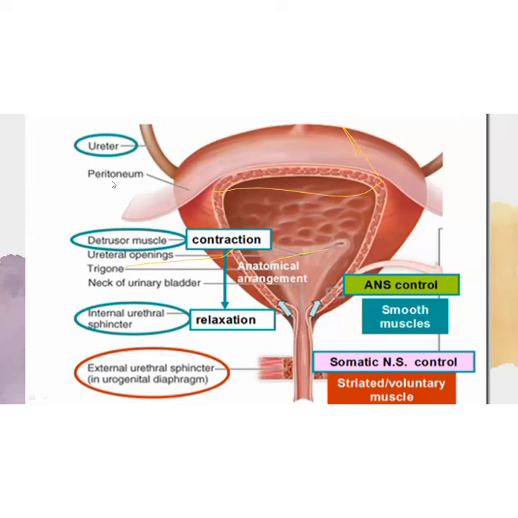See? So from the ureter the urine is emptied. First, contraction starts in the detrusor muscle. Then it is going to relax the internal urethral sphincter. From there, pudendal nerve inhibition happens, and here a stretch receptor is stimulated. So up to this point, it is under autonomic nervous control.